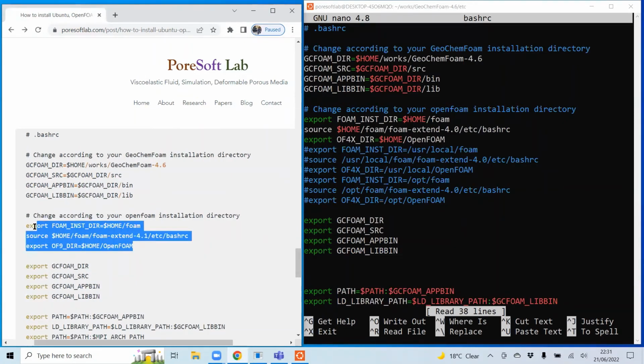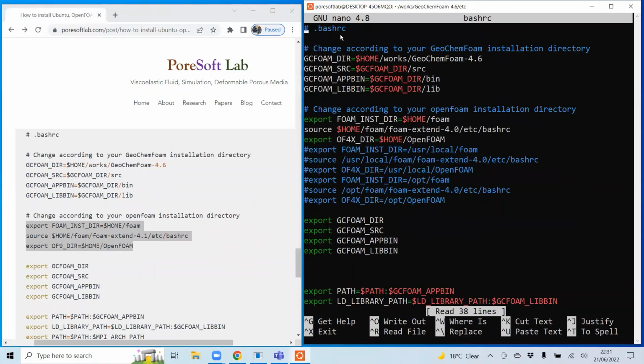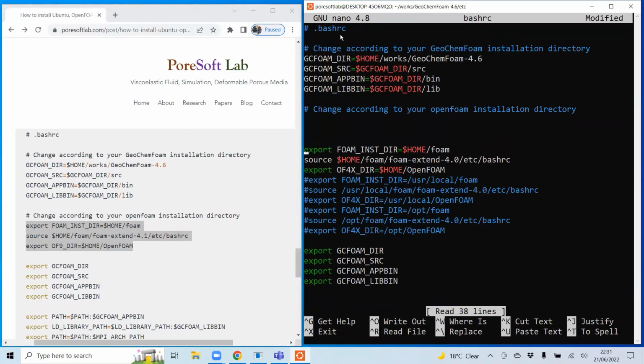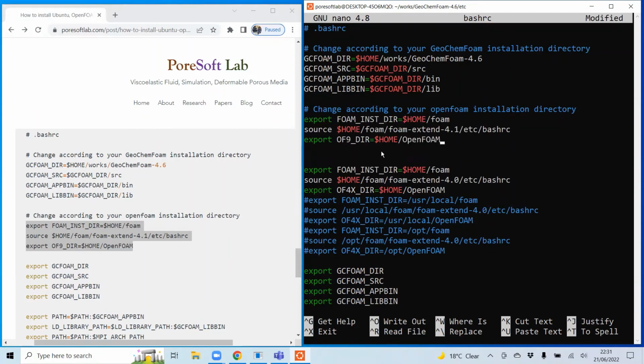So I will just copy this part, and then I will click here and go down to this part, press enter, and then just paste it. And the previous line, I will just comment it out.